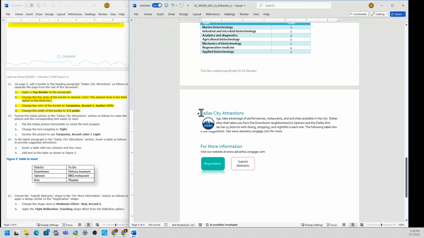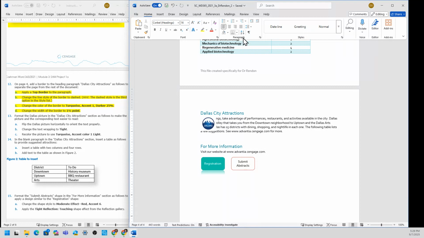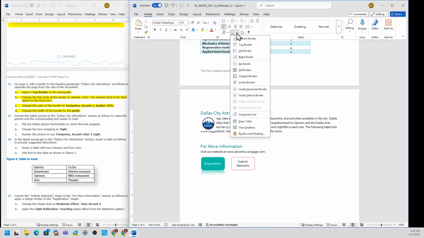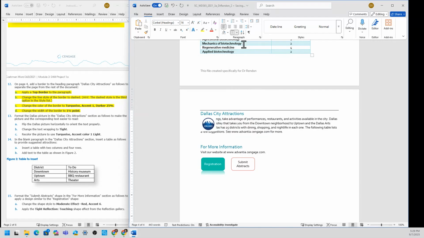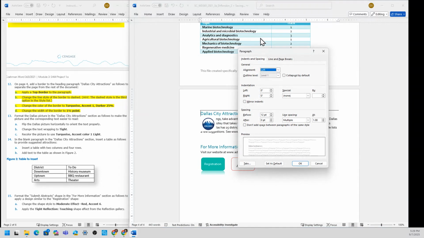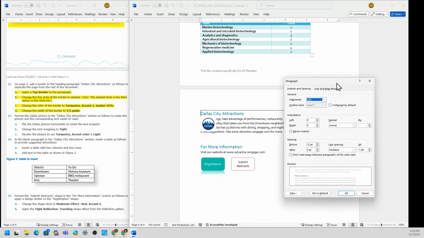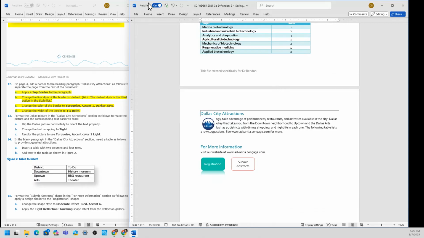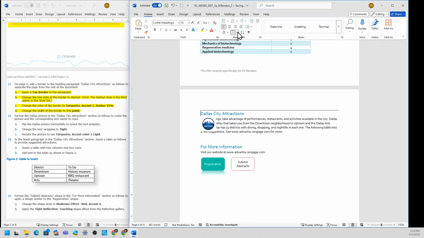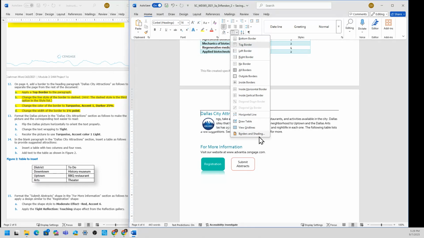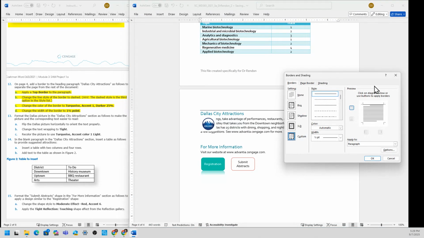So go to the Dallas City Attractions, and then to insert top border, select home. Then here is the paragraph top border right there. I might as well open this paragraph menu, and actually I need this border menu, and then go to the borders and shading.